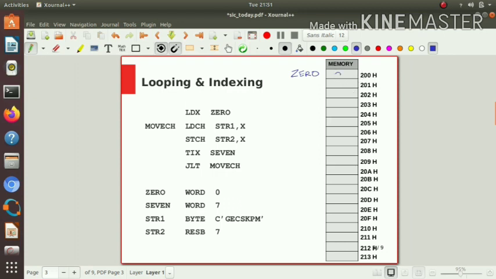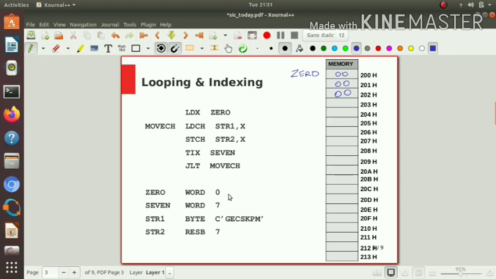So there will be 0 0 0 0, then 0 0. This will form the memory word constant 0.